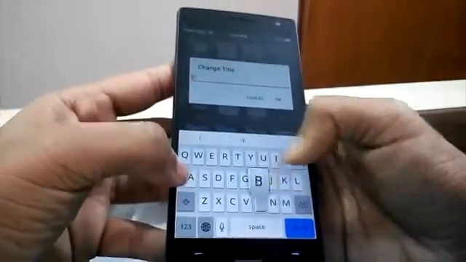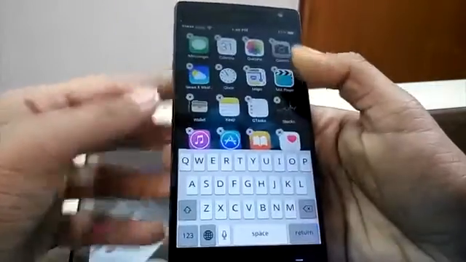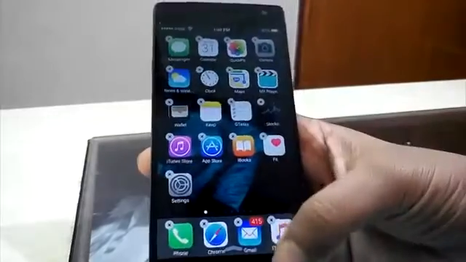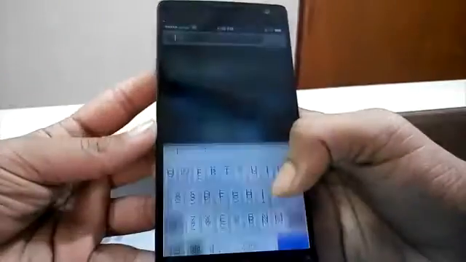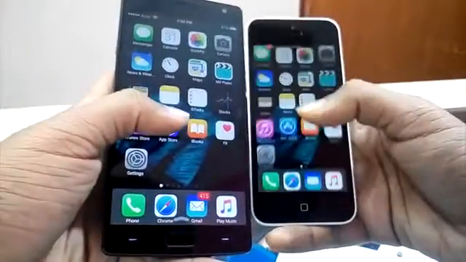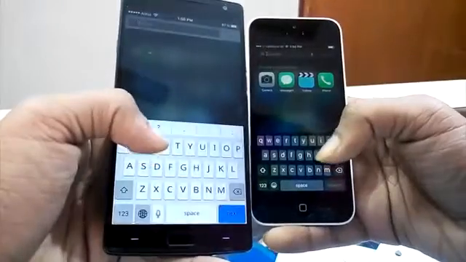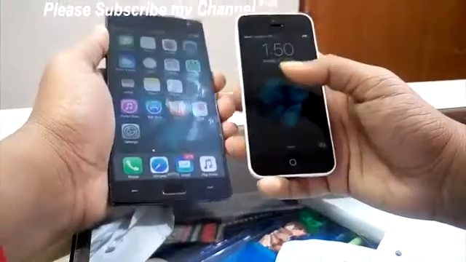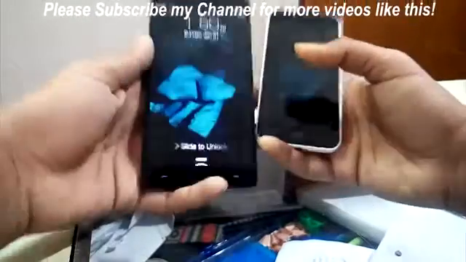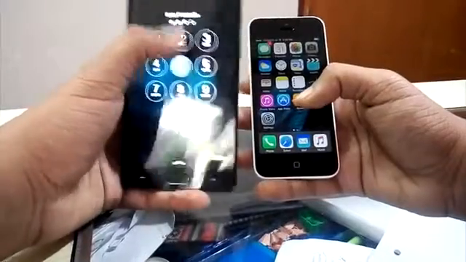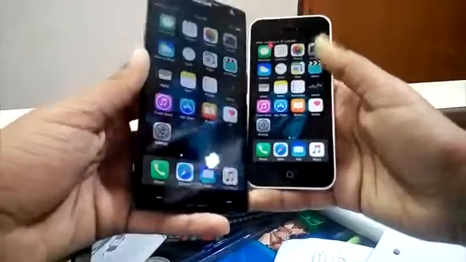If you want to know the names of the other apps, you can pause the video where I'm showing the home screen of my iPhone and get to know all the apps over there. You can do the same with all the others, and if you slide down, you'll get that same feature of the iPhone. When you slide down, you'll get the search option. Just you won't get the transparent keyboard, so you'll have to stay with the white one itself. I was very happy with the lock screen, and the same way the apps are flashed.